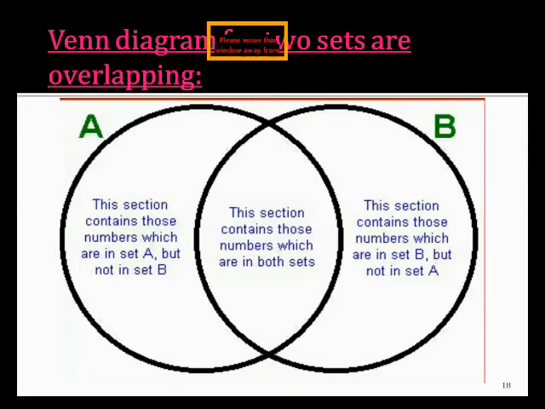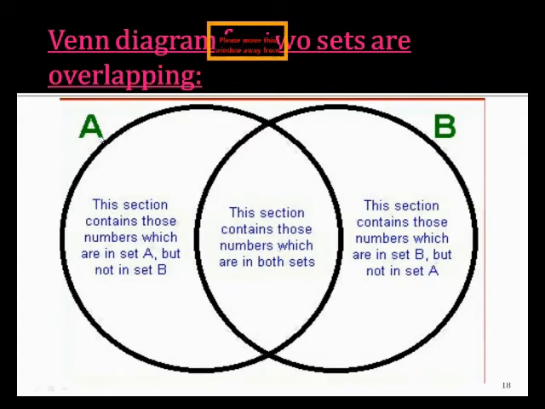We only discuss the Venn diagram of two sets which are overlapping sets. Here I only teach you how to draw the Venn diagram of two overlapping sets. As you know from the definition of overlapping sets, which I already discussed, when two sets have at least one element common to both sets, such sets are called overlapping sets. It means that here we have to draw two circles which are overlapping with each other.